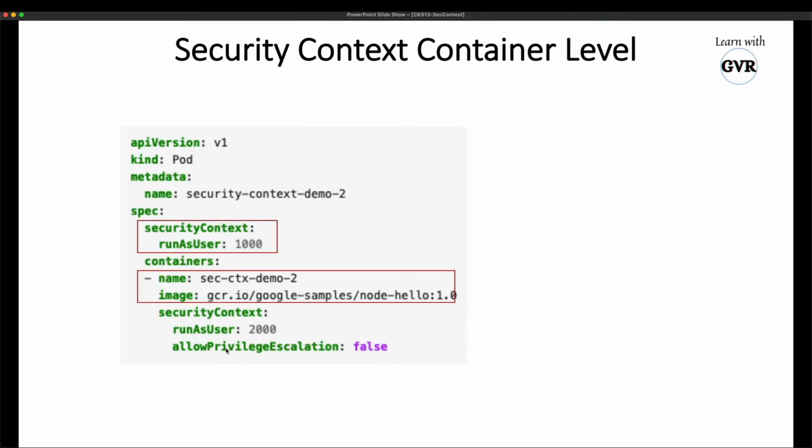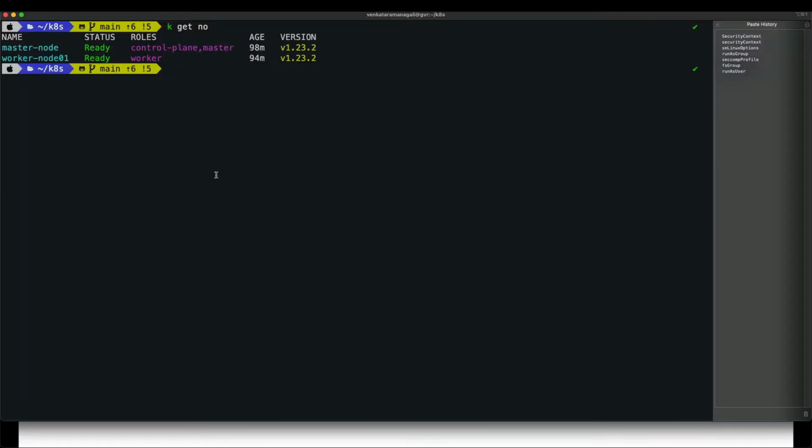Then, allow privilege escalation. This is basically if you want to escalate the privileges of this process, then you can set it to true. This is a security setting, but better not to. And if you want to know about this particular meaning, go to the console. I'm in a two-node Kubernetes cluster, one master and one worker node. So kubectl explain, I want a pod